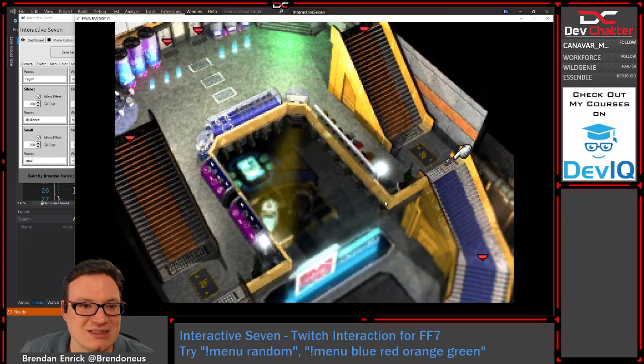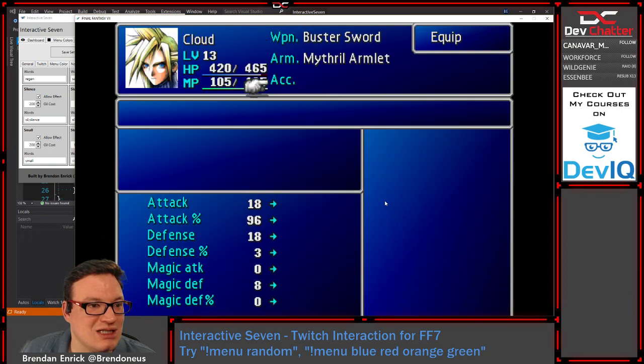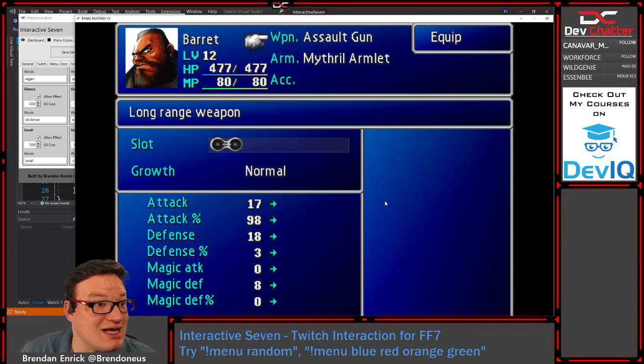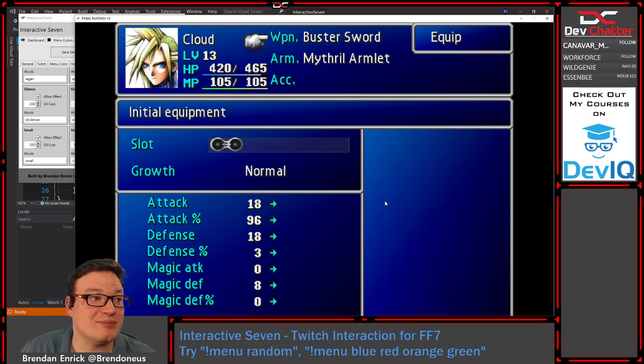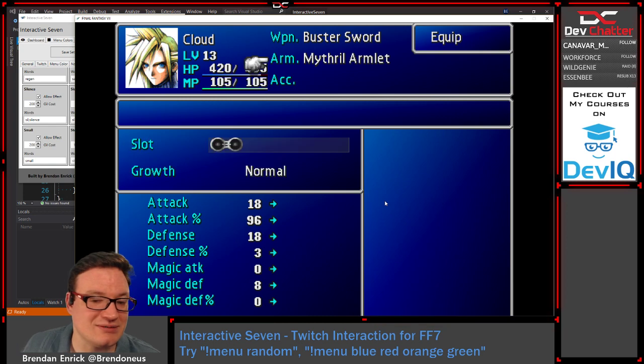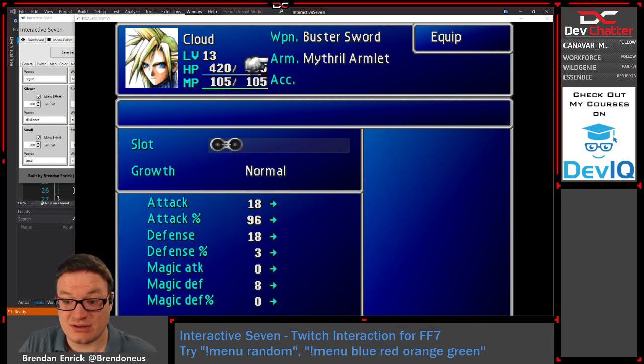So that means if I equip a ribbon to one of our characters, say Cloud, he does not have an accessory equipped right now. Does anyone? No one does. Okay, so here's what we're going to do. See this accessory slot here? Nothing in it. I'm going to say accessory, Cloud,